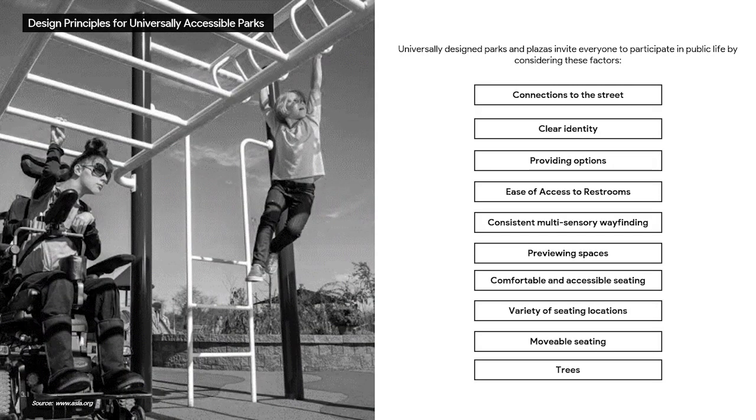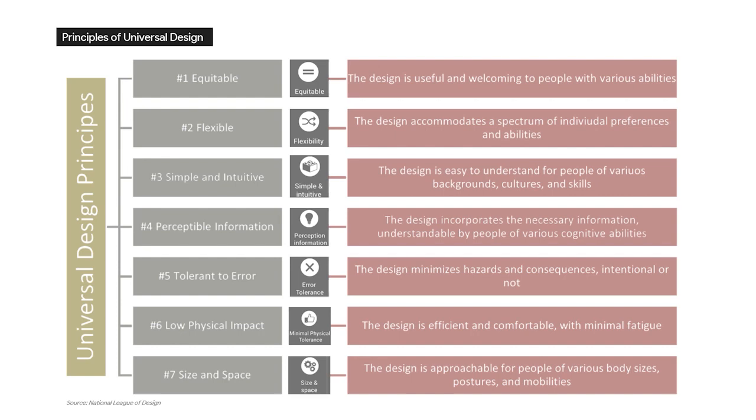The broader idea of a universal design park should comply with the following principles: connection to the street, clear identity of the space, providing options for all, and most importantly, movable seatings and trees, and a variety of locations with different activities. The idea of universal design needs to be prioritized while designing spaces,